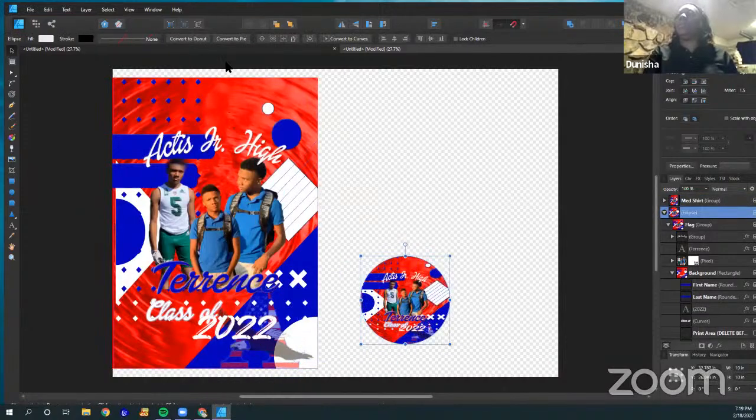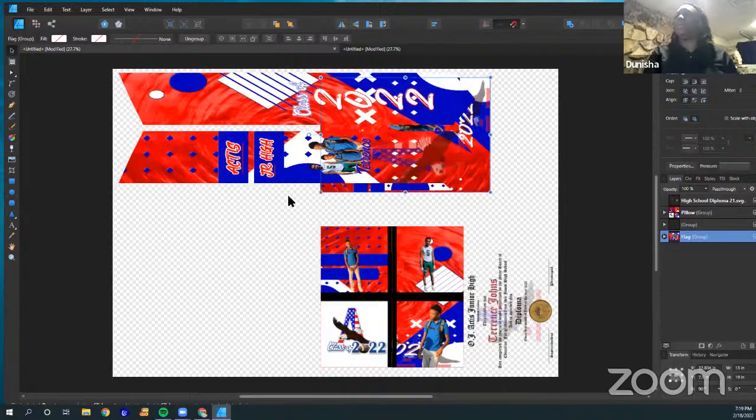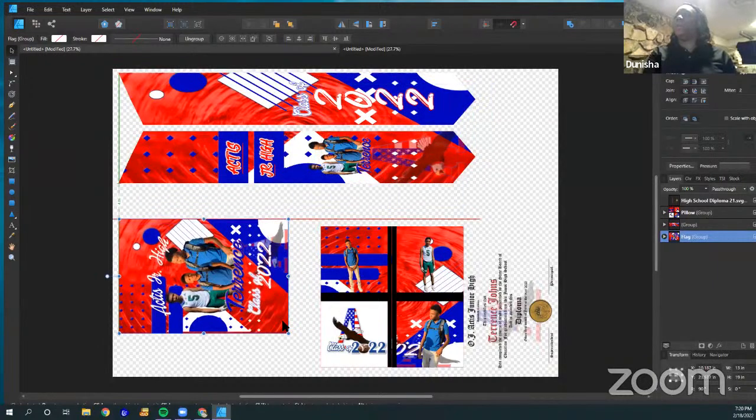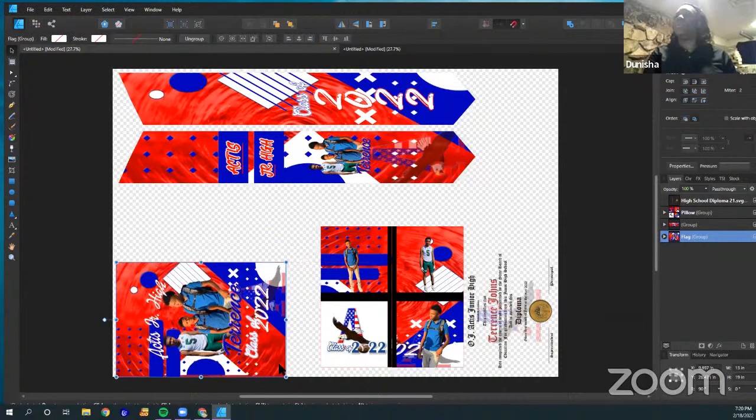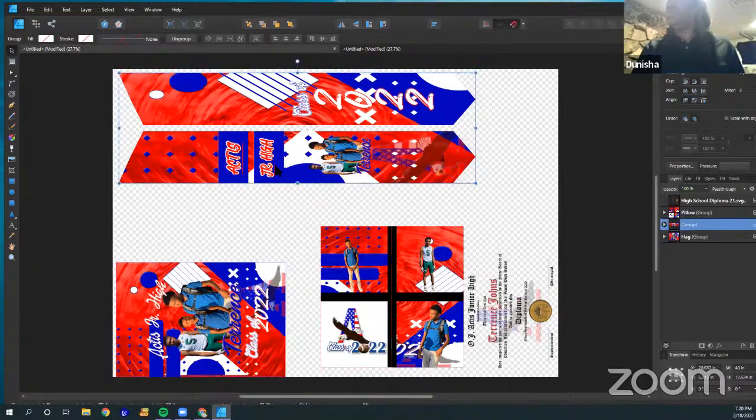All right, now let me go rearrange this page over here so I can get my life together. So let me move this flag. And so this is 13, 26.